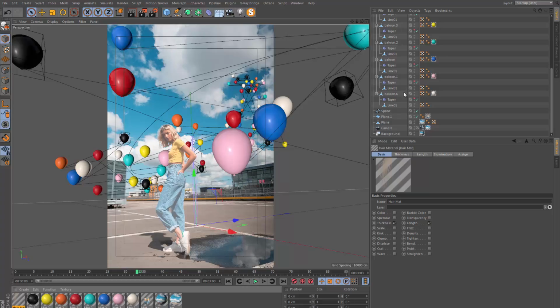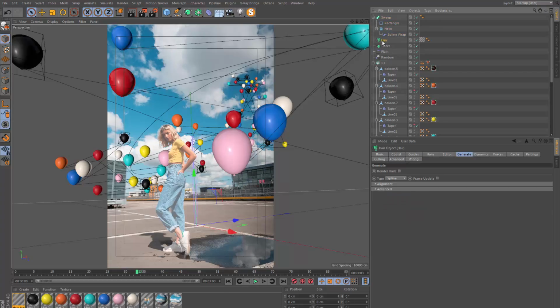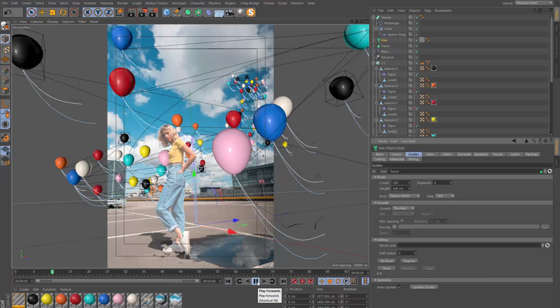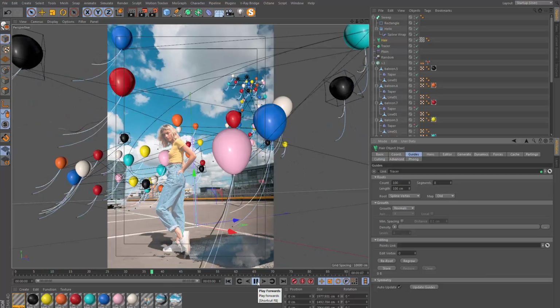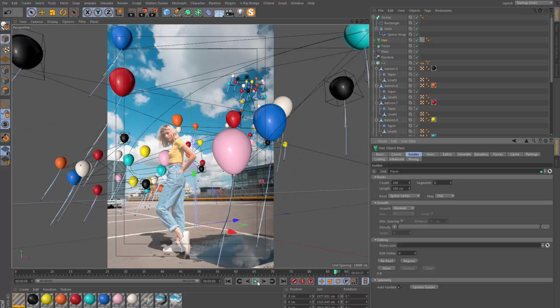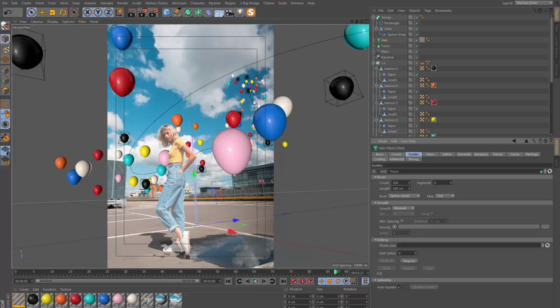You just have to go to the hair object and reset a few things, and I'm going to save before I do this first. In the guides tab, you want to go and regrow. I don't know the reason why it just disappears like that sometimes, but if it does, it's very easy to get back, just to regrow. And also, because of the way this is set up, and it's disappeared again,